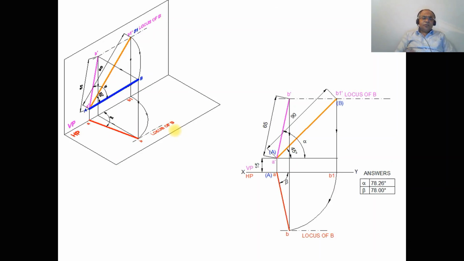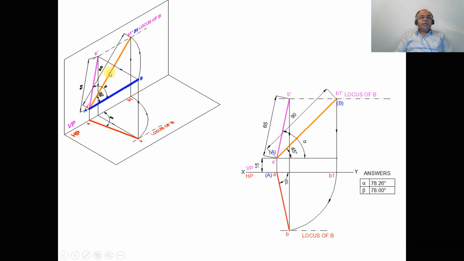To take it stepwise, first we are going to have the true length in the front view, and also the front view distance is known. As we know the front view distance, we will draw the end projector point, and then you draw an end projector in the top view also. But now we have not yet got the locus of B. So the locus of B we will be able to get only when we rotate it. How am I going to do that?